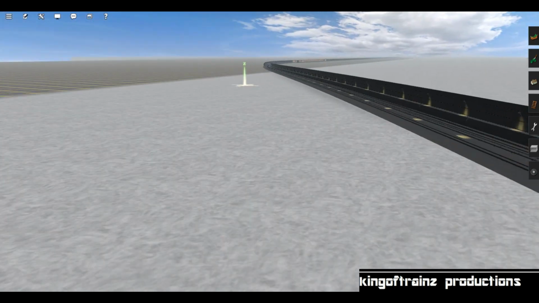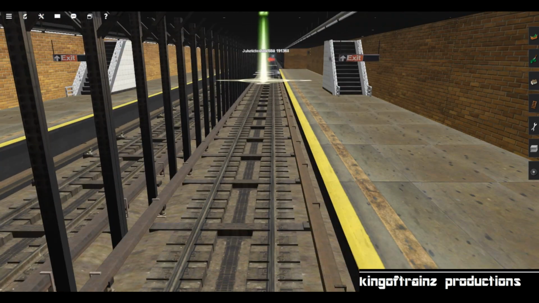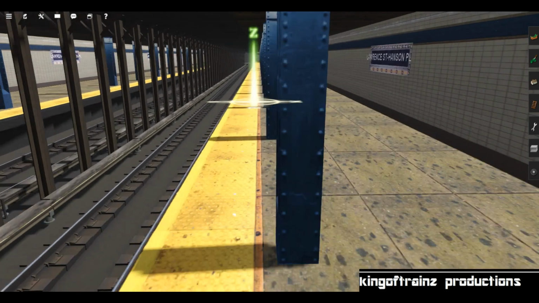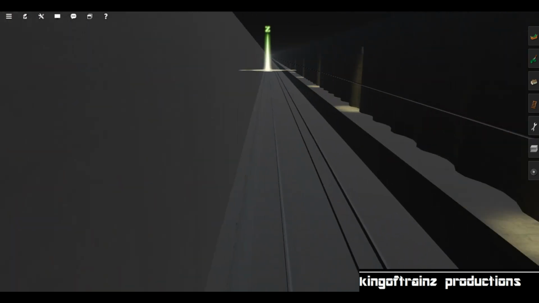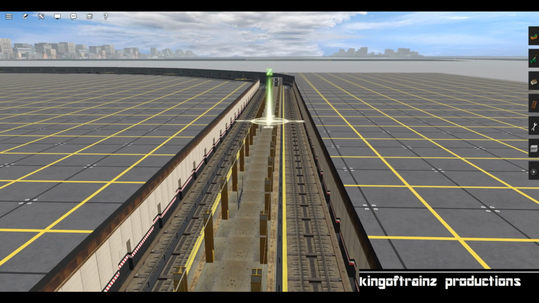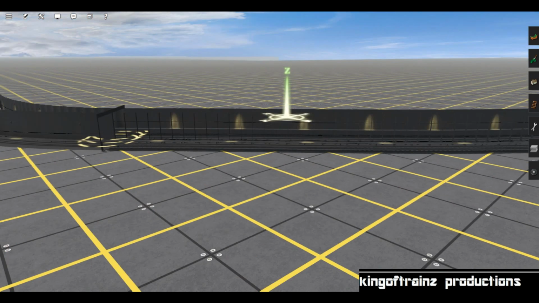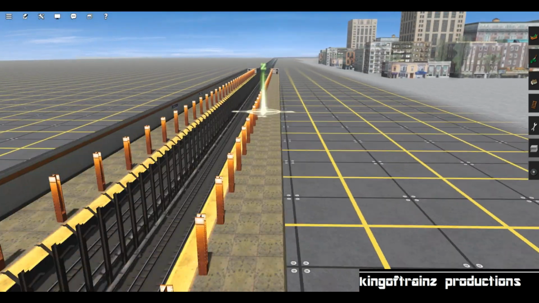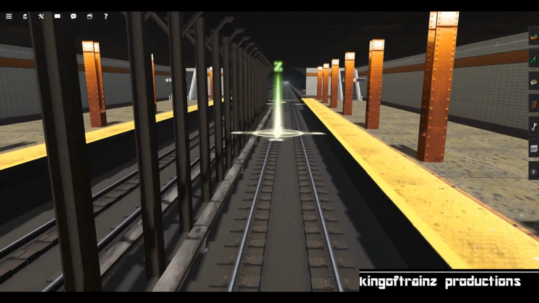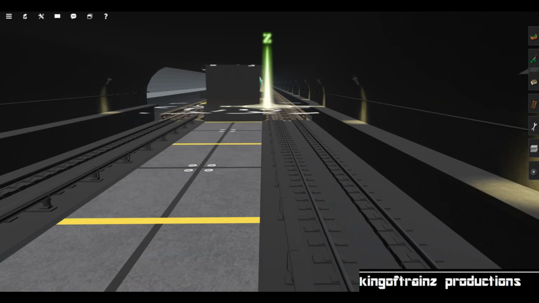We're still going west on Fulton Mall. This is Hoyt Duffield Streets. This is Lawrence Street, Hanson Place. And then the next stop is Jay Street, Borough Hall. Not to be confused with Jay Street Metrotech, where the E and M stop right over there. This is Jay Street, Borough Hall. This is Adams Street, and now we're moving on Joralemon, because Fulton Street turns into Joralemon after Court Street. So this is Court Street,